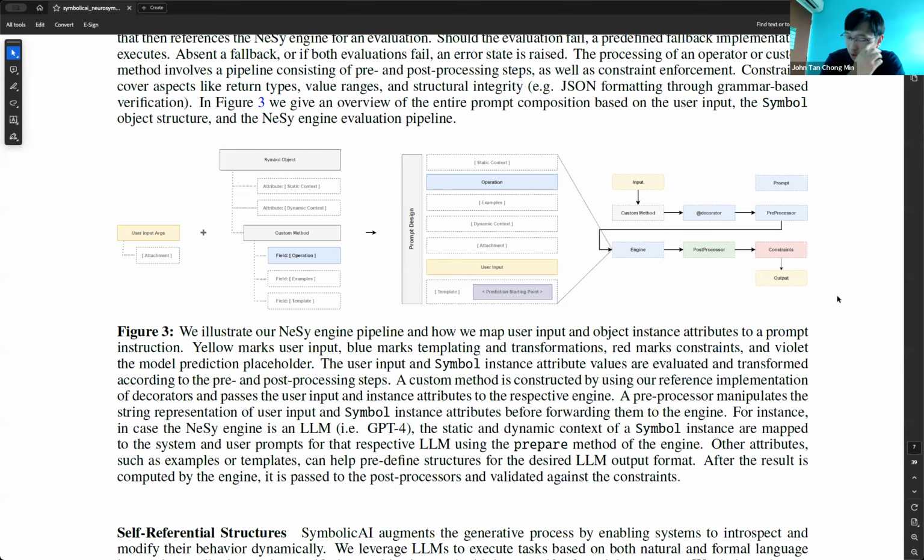The next question is, things will fail. Is there an inbuilt error correcting mechanism that you have built, such that if the constraint fails, it will retry again? How is it handled right now in Symbolic AI? There are implementations of a neurosymbolic backend, for instance, where it retries with two or three retries with self-prompting and so on. That's especially useful in cases with coding, for instance, where it fails to create a workable solution.